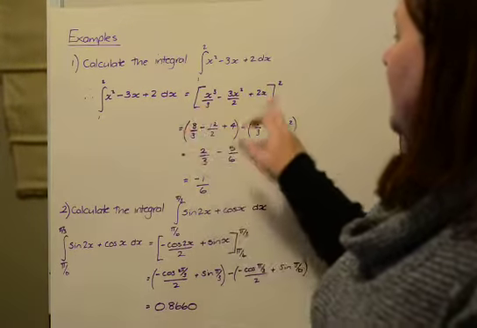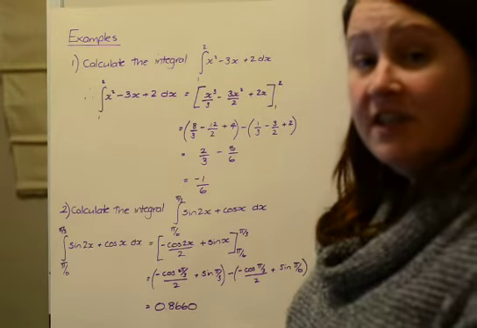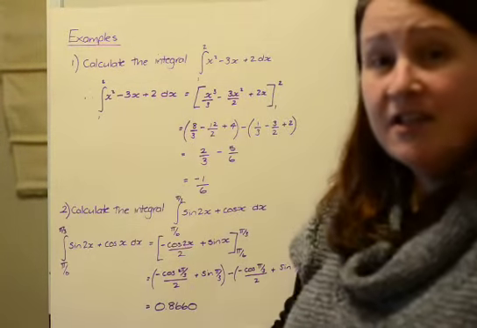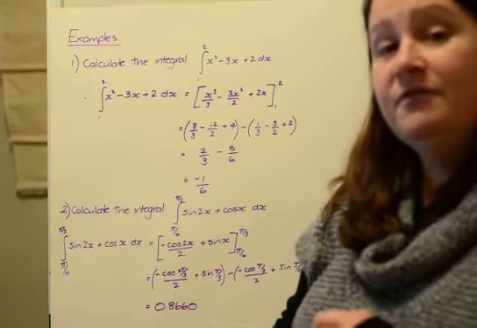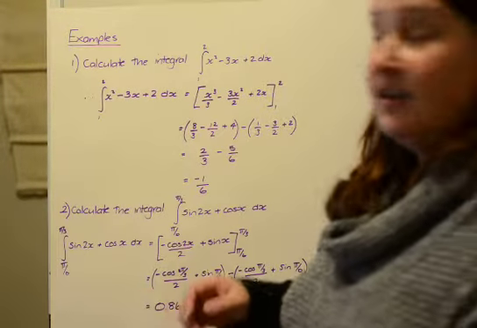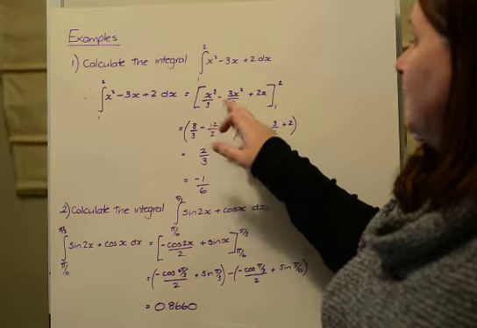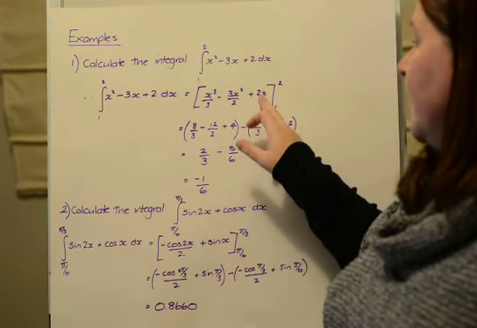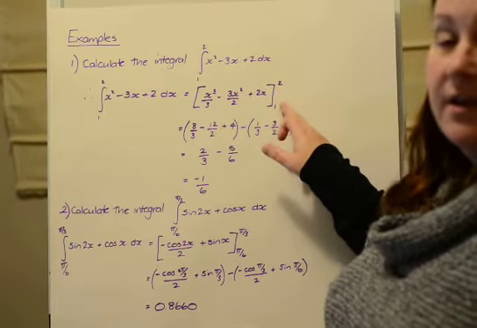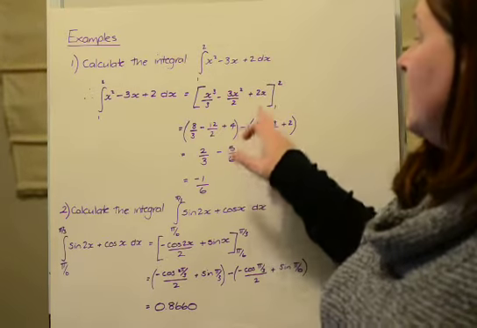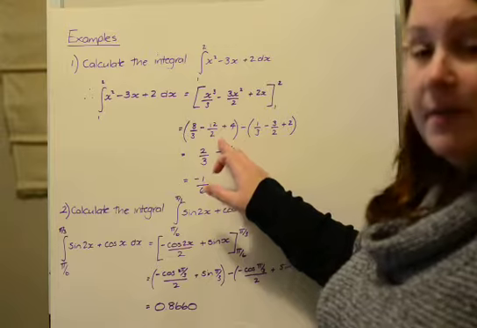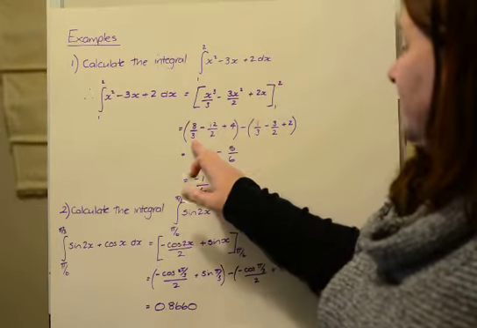So my square brackets, and in my square brackets I put in the integrated form. Key thing in the questions, you must put in the integrated form because otherwise you don't get any credit for it. So here we go, we've got x cubed over 3 minus 3x squared over 2 plus 2x, and we're calculating that between our limits of 2 and 1. So the first one, we're going to put our upper limit in. Okay, so I'm going to put in 2,